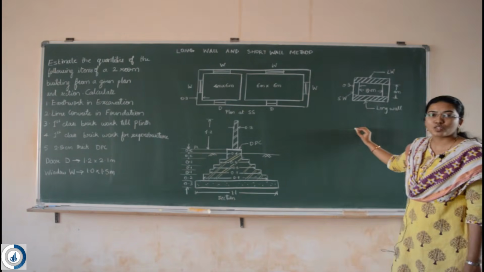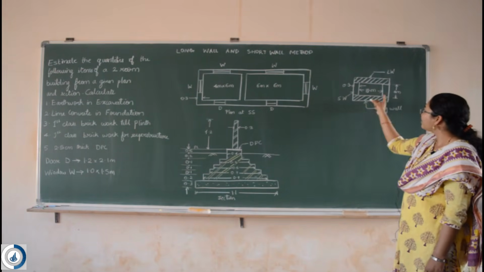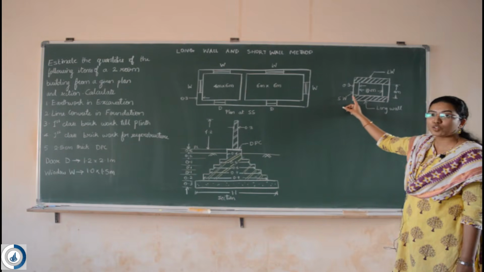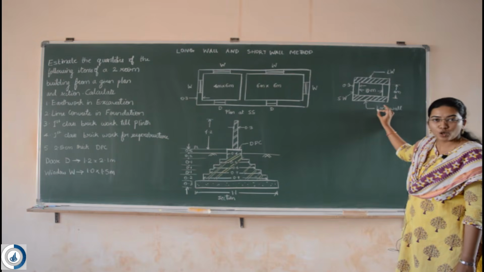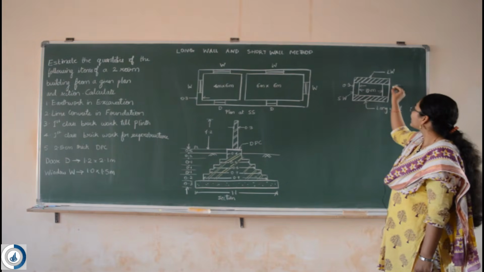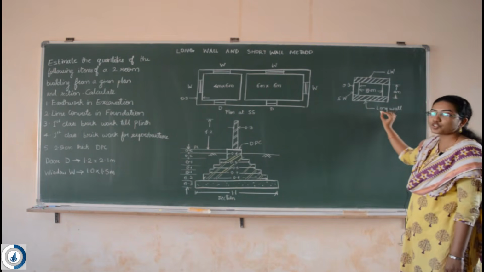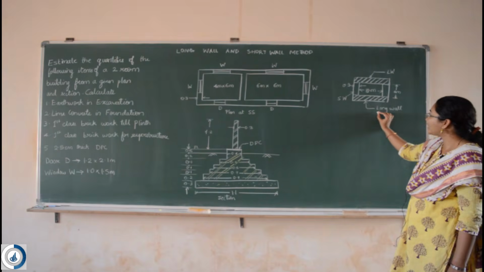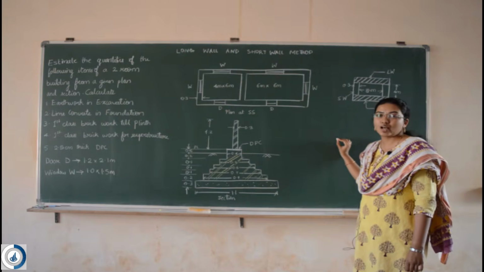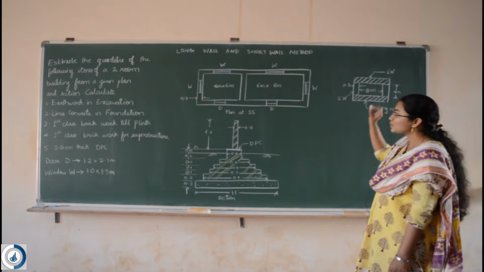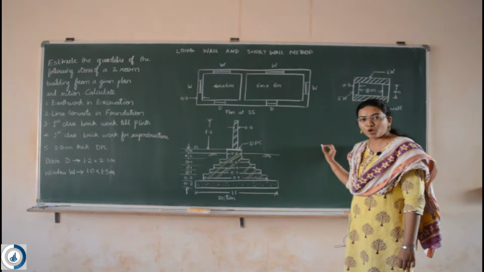Now, depending upon this, what is long wall and short wall? When I am looking over here, the 5 meter distance plus the width of one wall and plus the width of the other side will be my long wall. Similarly for this side, when I am considering the short wall, only the inside dimensions will be the short wall. So it means out to out dimensions are the long walls, and in to in dimensions are the short walls. Keeping this concept in mind, we are going to solve the problem.